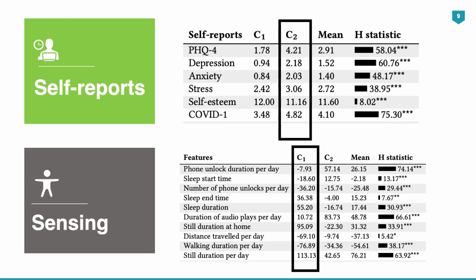The tables we see are the result of clustering, first on self-reports and then on sensing data only. From the self-reports, we see that students in cluster C2 are more concerning since they score high in mental health metrics. They have higher depression, anxiety, stress, lower self-esteem, and higher COVID concern. Note that COVID-1 is an additional question we asked during the pandemic, which simply tells students to report how concerned